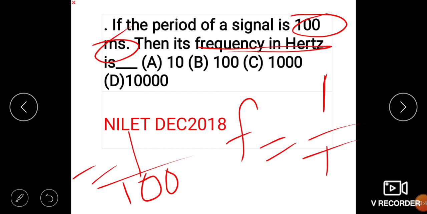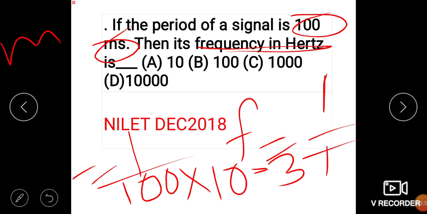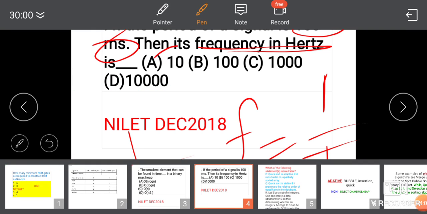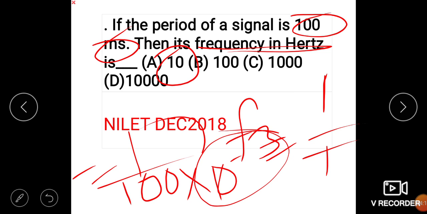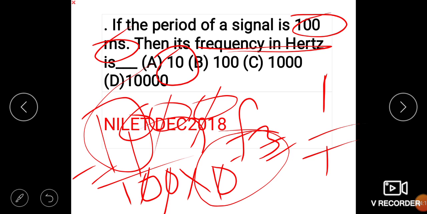To convert milliseconds to seconds we multiply by 10 to the power minus 3. Then the 10 to the power minus 3 cancels and we get the result 10. So our answer is 10.